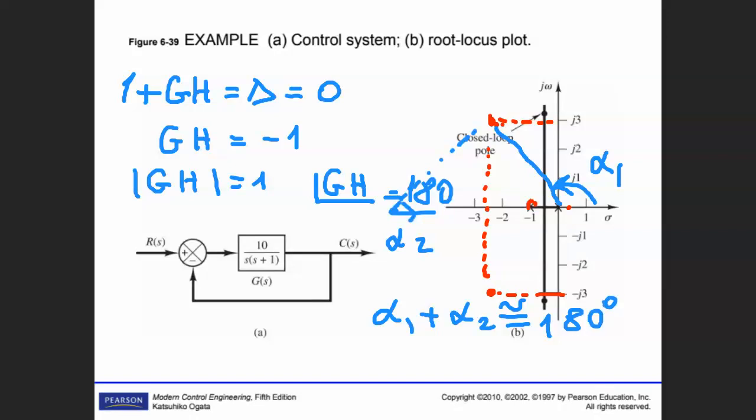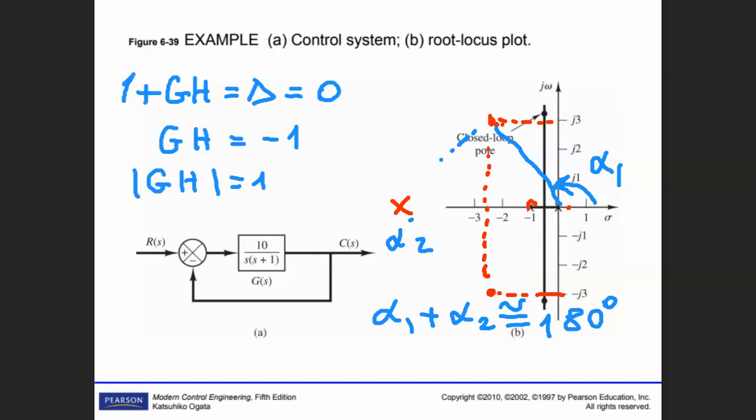So you are actually selecting the other pole. You are selecting the other pole somewhere there,